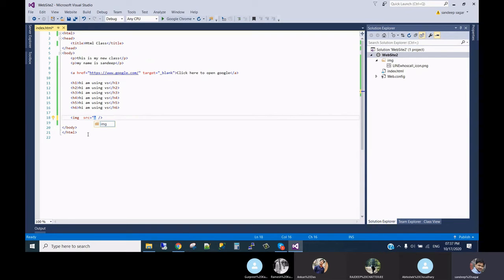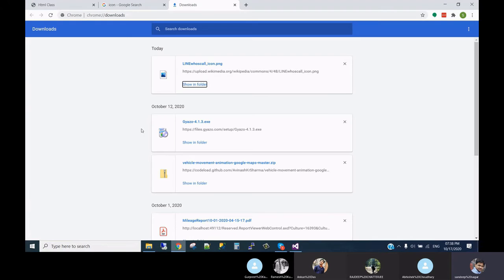If we write src, it will directly point to the folders we have in the project. If I go to the image, you see it shows my image here, and it already took it. If it were a plain text editor like Notepad, then you would need to find the path and write it. Using a tool makes your work easy, but you can use Notepad also. If you know the path, you can directly give it.